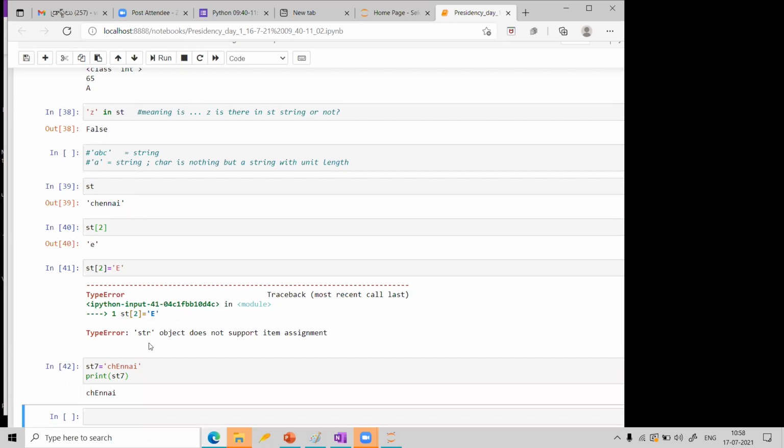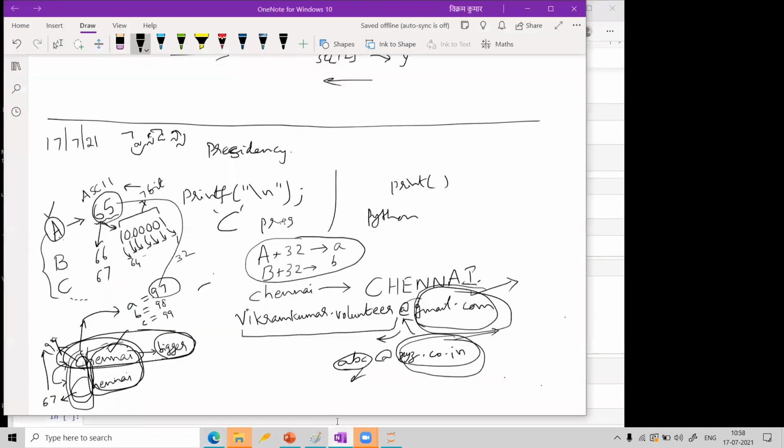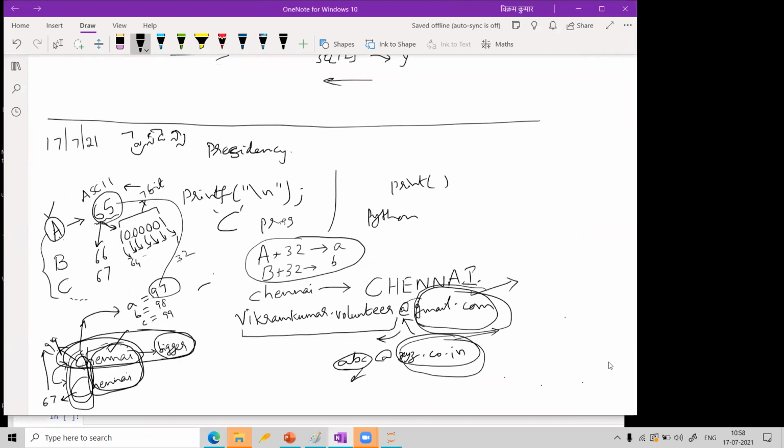So whenever you are unable to change the values, that is called immutable. So this word is important. I am writing it here, just to note down. That is also important.